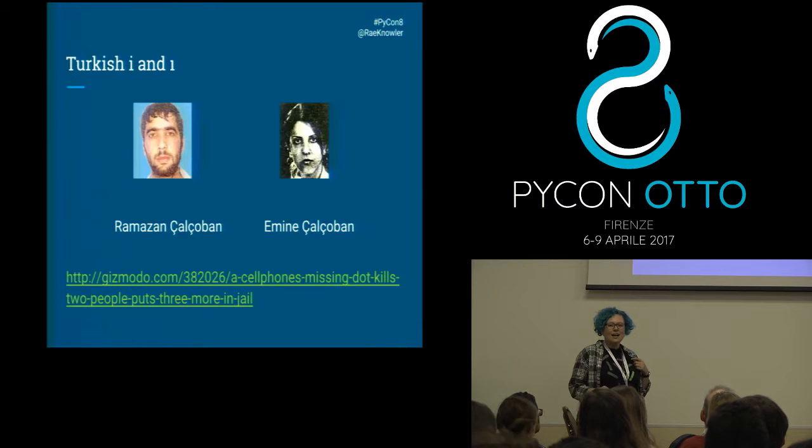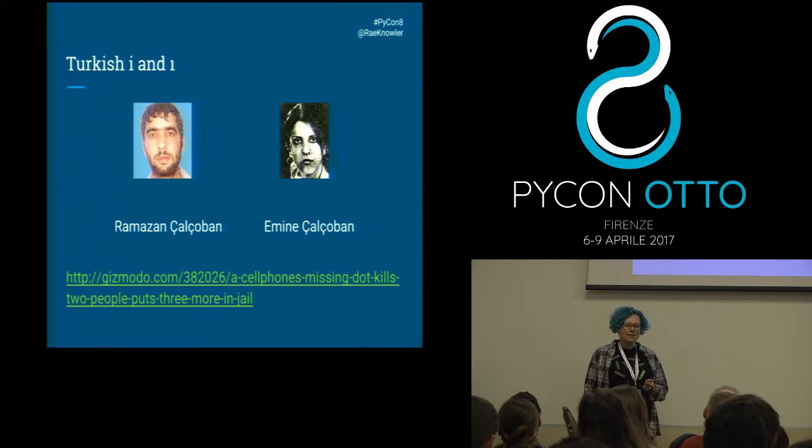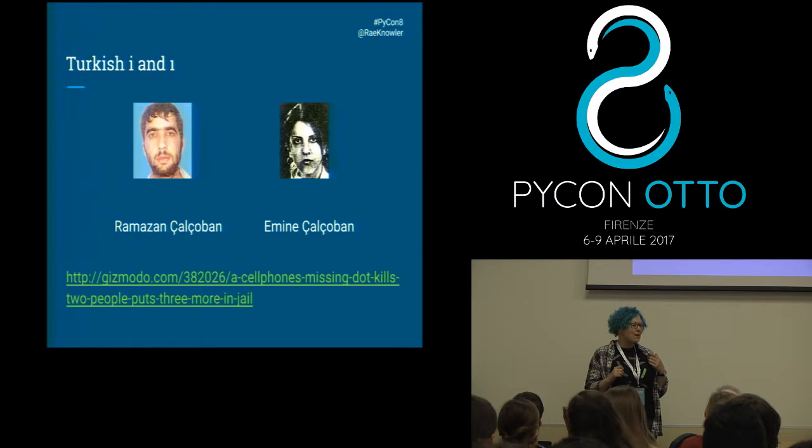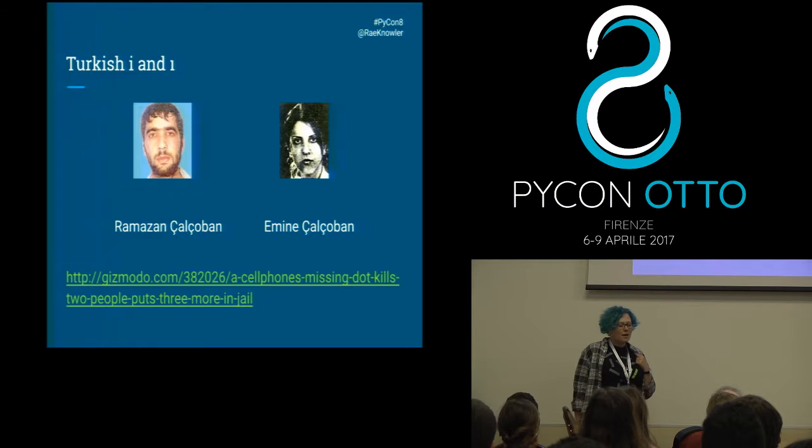So I didn't plan it this way, but I realized when I gave this talk the first time that we kind of move eastwards across the globe. We start out with me in Zurich trying to figure out umlauts, and now we're going to Turkey. And this is where we first see the real damaging effects of bad localization. You see, in Turkey, in the Turkish language, they have 4 different kinds of the letter I. They have the dotless I, which has a small and a big version, and they have the dotted I, small and a big version. And the sad story that brought this to my attention the first time was the story